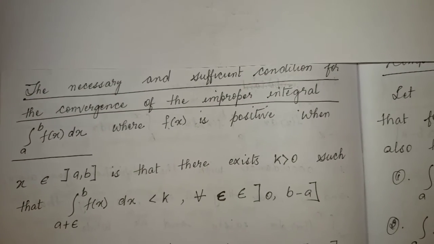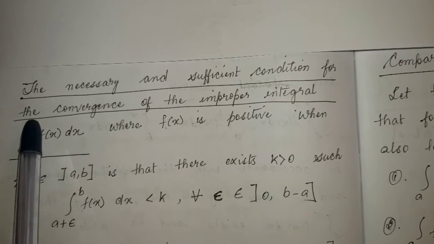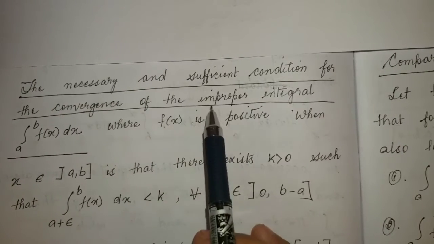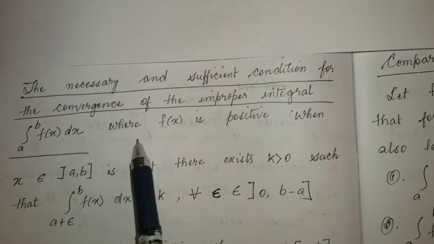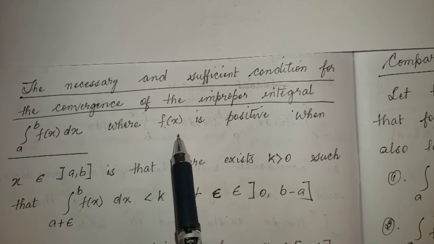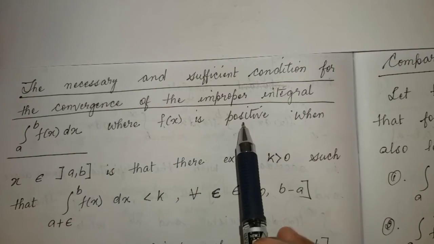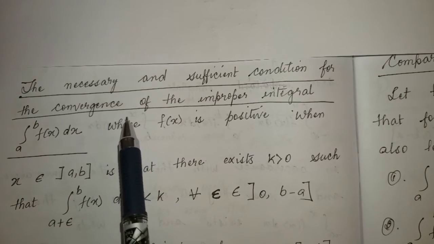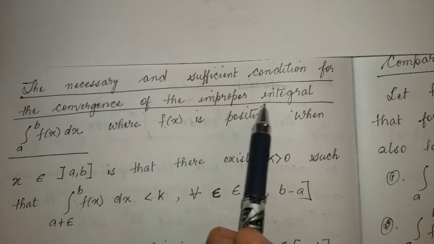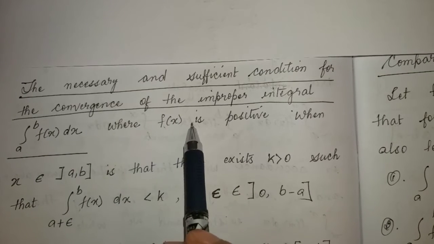Next, let us come to the necessary and sufficient condition for the convergence of the improper integral a to b f of x dx. Here we consider the integrand f of x to be positive. We test the convergence of the improper integral a to b f of x dx, where the integrand f of x is positive,